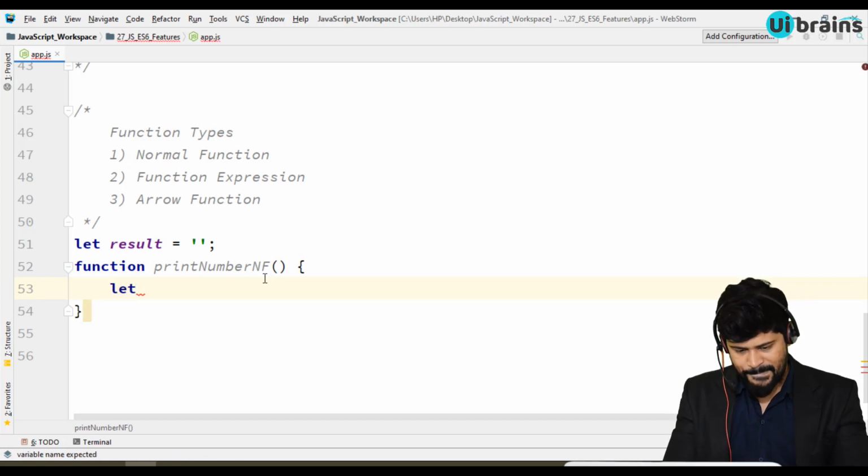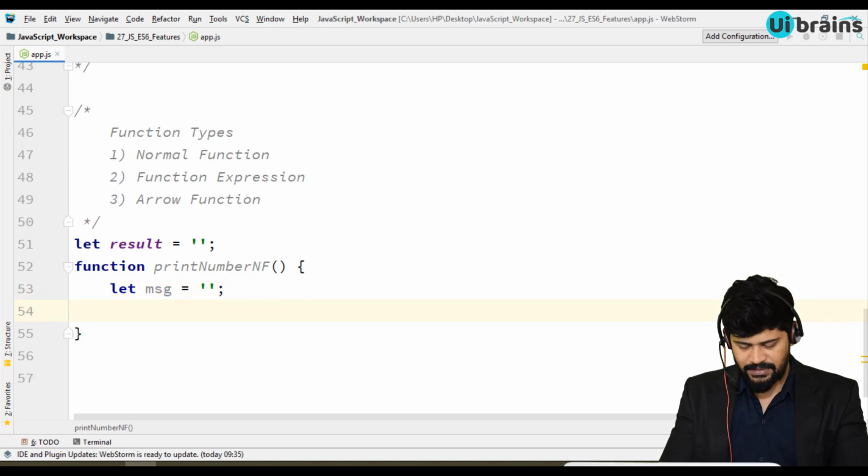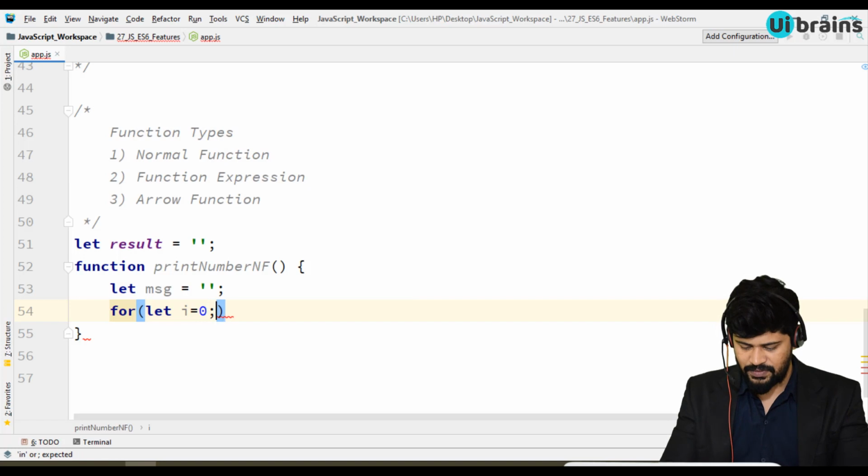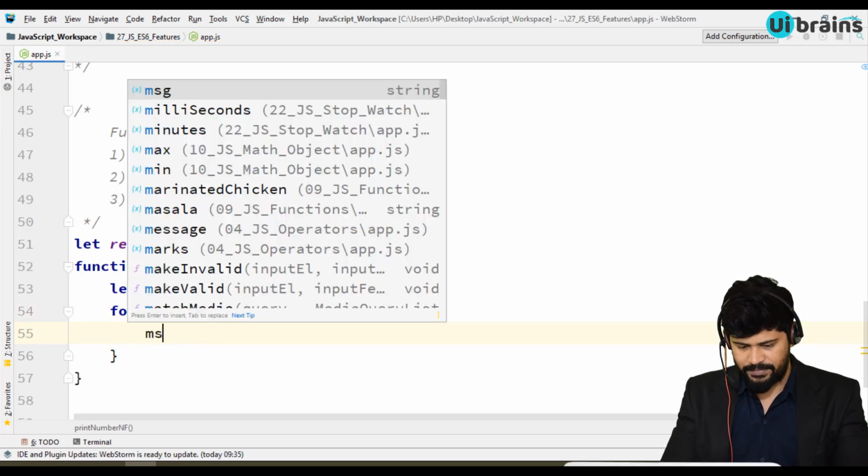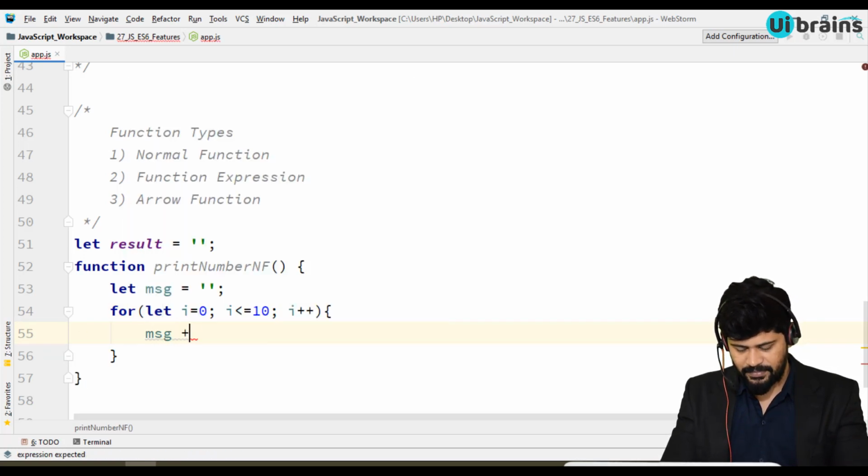For the output, result is already taken outside, so let message is equal to empty. For let i equal to 0 and i less than or equal to 10, i plus plus, you add the i value to the message, and then some space.